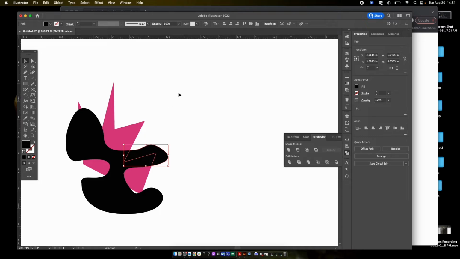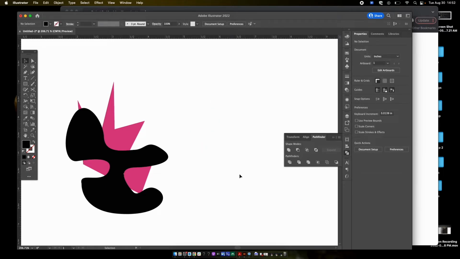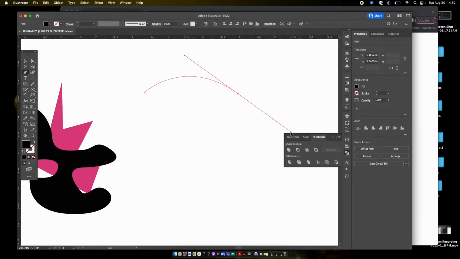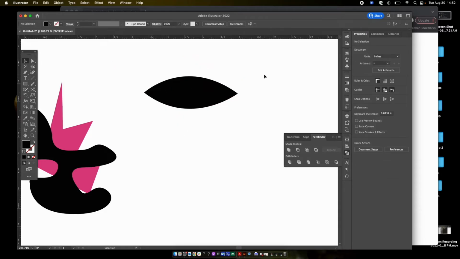Let me show you just a real quick example of why we might use a Pathfinder tool. So let's say I want to make an eyeball. Let's say I want to get an eyeball shape. That's not too bad, but it's not perfect, okay? If I want a perfectly symmetric eyeball, like mathematically perfect,